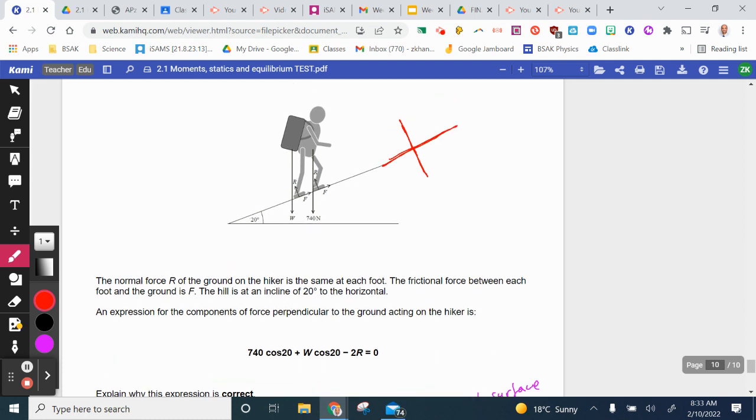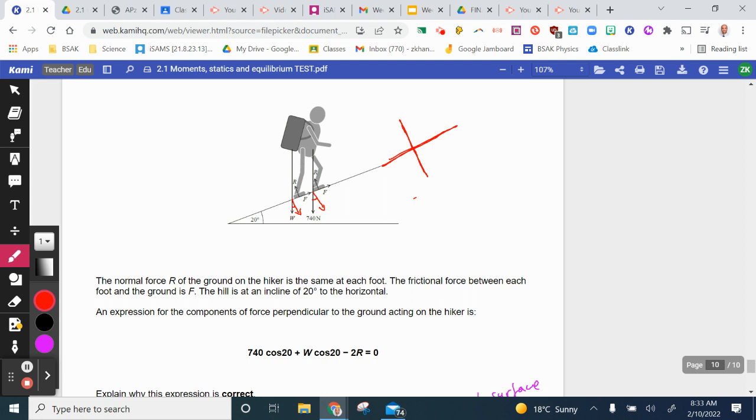So if we look at that, the weight is acting vertically downwards, but the perpendicular to the surface component due to the weight is this here, okay, and this here. Now that angle is 20 degrees, that angle is also 20 degrees. So therefore, the perpendicular component due to 740 newtons is 740 cos 20, and the perpendicular component due to the weight is